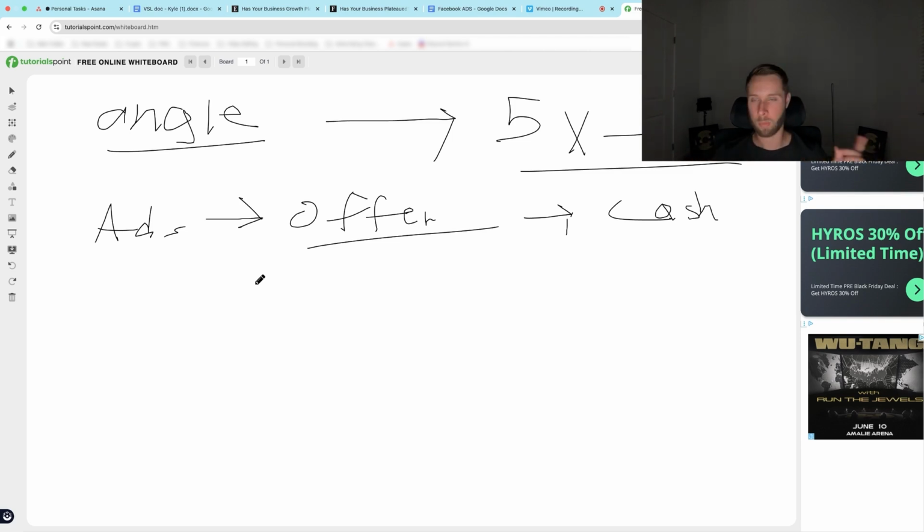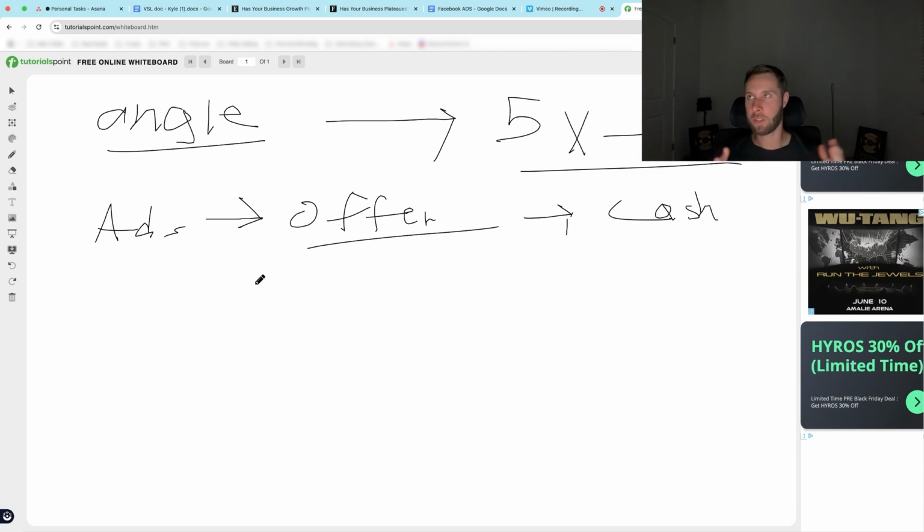So for example, let's pretend you have an e-commerce product. I can talk about other products too, but let's talk about e-commerce. If you have an e-commerce product, you can show the benefits of the product and then give them some type of money-back guarantee if they don't like it. And then in the ads, you say, hey guys, try out my X, Y, and Z products, or I'll give you a full refund if you don't like it. Or you could say, hey guys, take the 60-day test run, and if you don't like it, keep the product and we'll refund you. There are different ways you can do that. You would have to come up with the way it sounds, the way you're doing it.